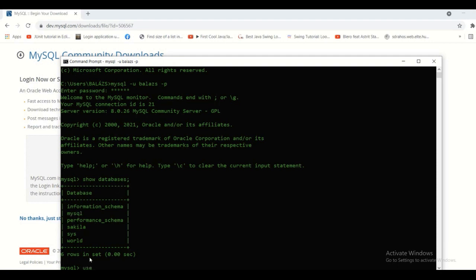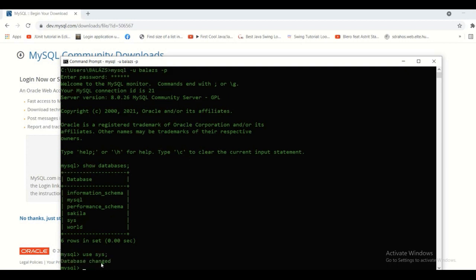And then of course we can use, for example, the system related database, and database has been changed, and so on. Okay, so that's all about